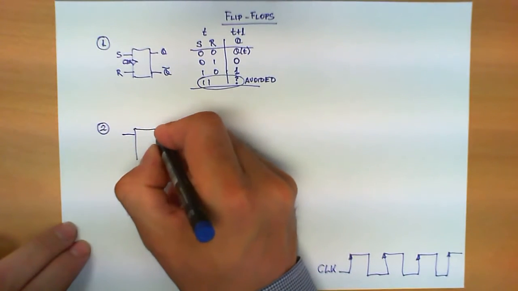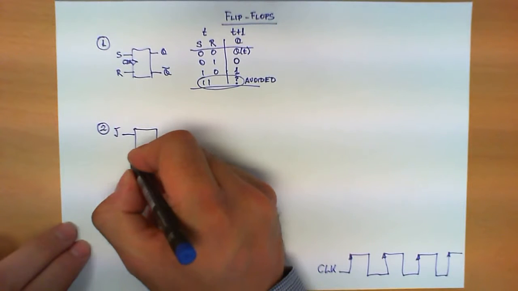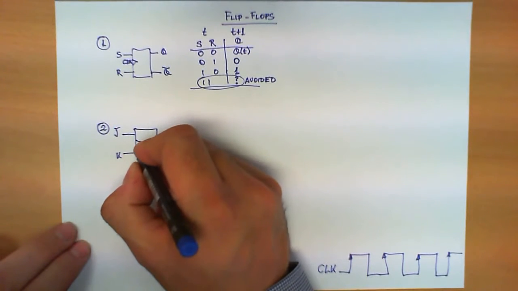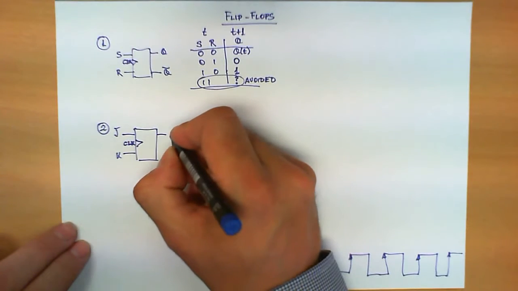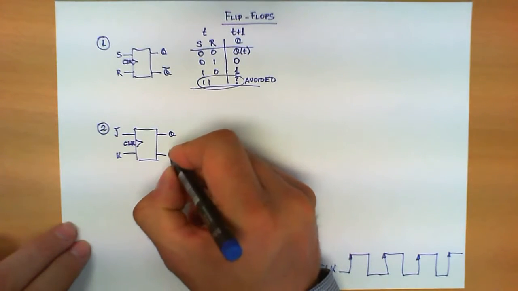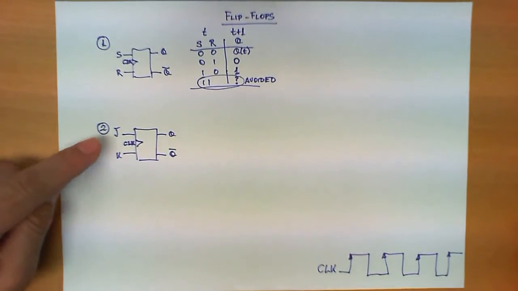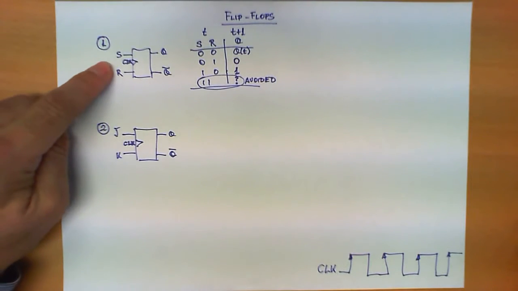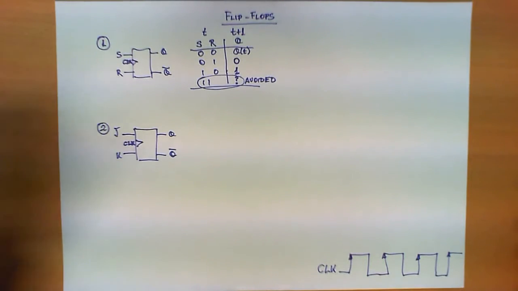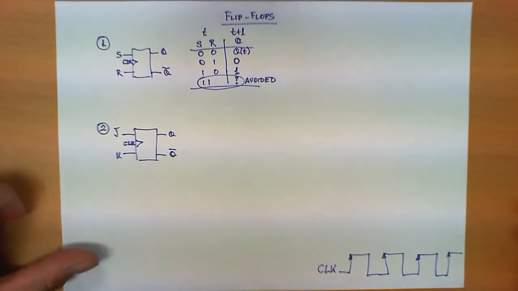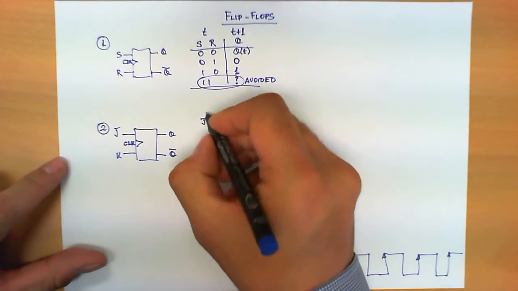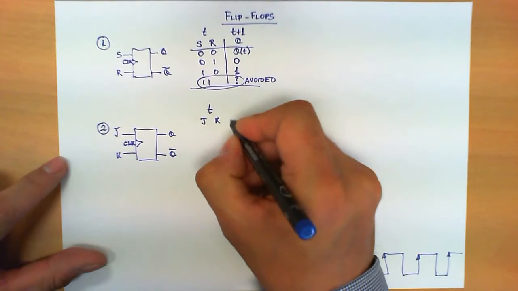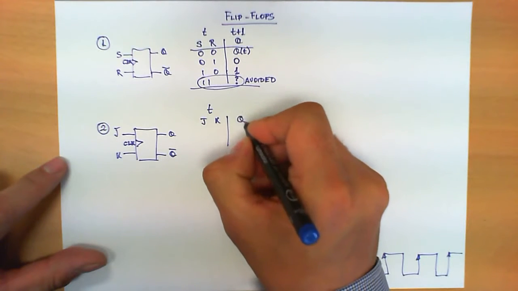The first one is the JK flip-flop, which has again 3 inputs, J, K, and clock, and the same 2 outputs as before, Q and Q bar. So this flip-flop over here behaves very similar to this one with a slight difference. And this is represented by the transition table. We specify the values of J and K at time t, and we calculate the value of Q at time